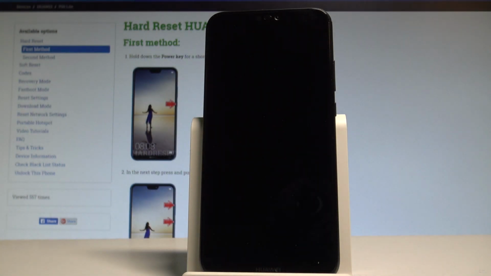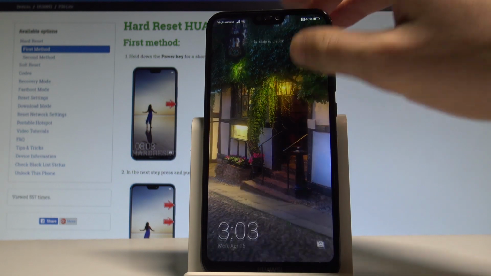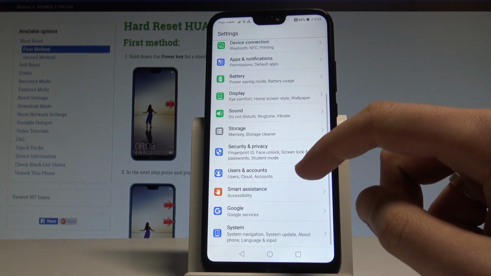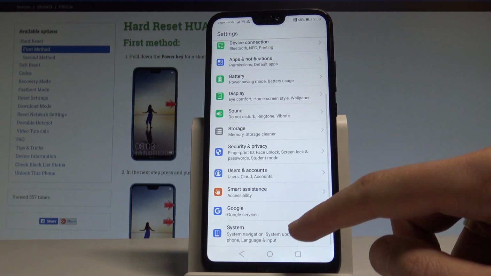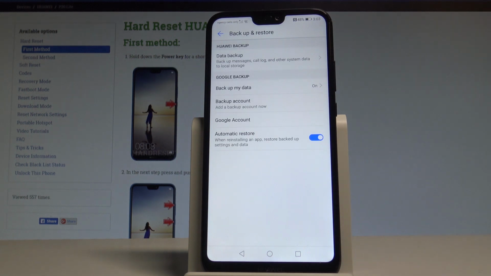Here I have HUAWEI P20 Lite, and let me show you how to enable backup data on the following device. So at the very beginning, let's unlock the screen, then let's find and select the settings. Here you need to scroll down to the bottom of the list and choose System. Afterwards choose Backup and Restore, and right now you have to decide whether you would like to use Google Backup